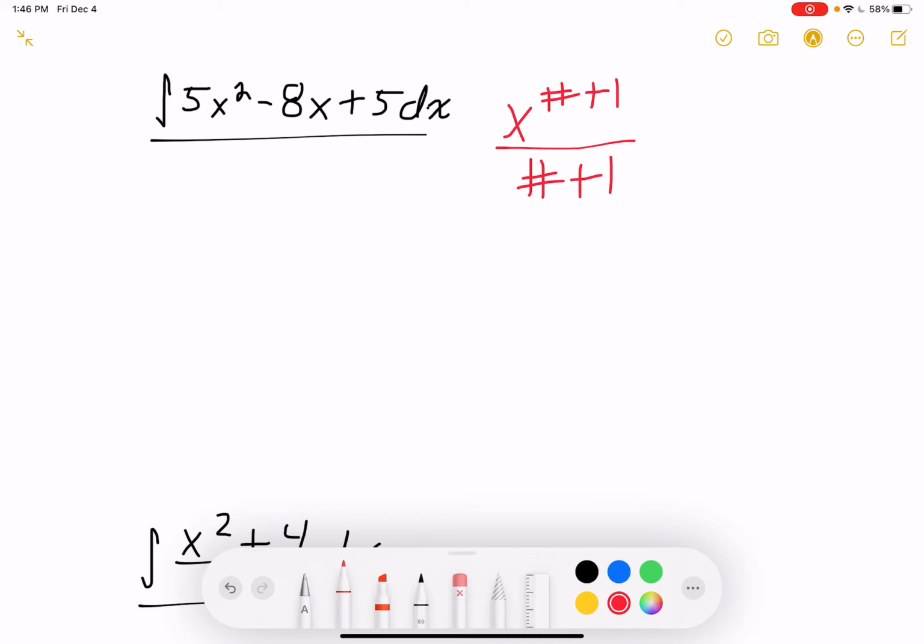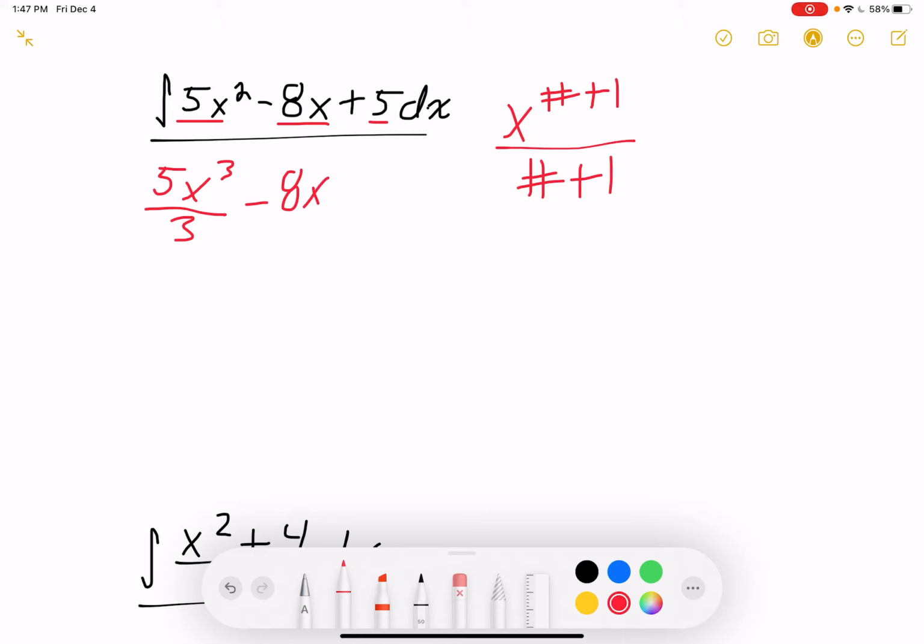When you approach a problem like this, you want to break it up at each of the pluses or the minuses. So we have 5x squared, and then the next part is minus 8x, and then the next part is plus 5. Starting with this first part, 5x squared, let's add 1 to the exponent, so 5x cubed, and then we divide by that new exponent, so divided by 3. The next part is minus 8x,